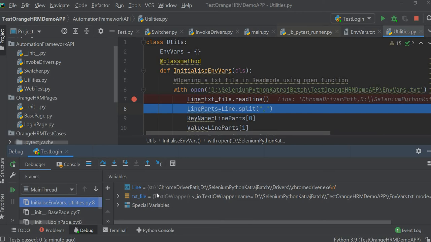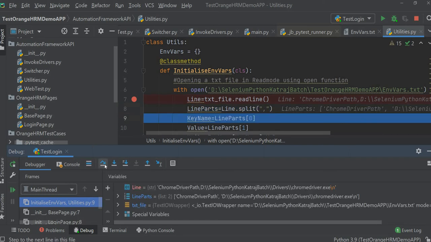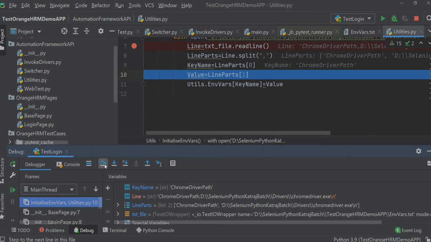Now you guys can see here, it is showing us everything. Correct, perfect. Now I have got this line. So this line is this one, correct. Then I'm saying step over, step over, step over.